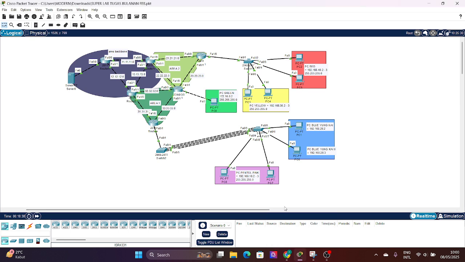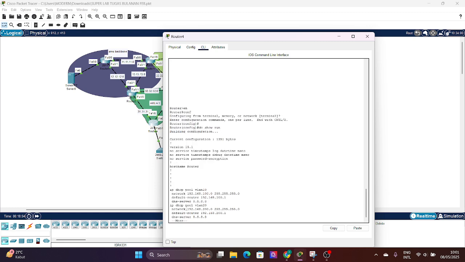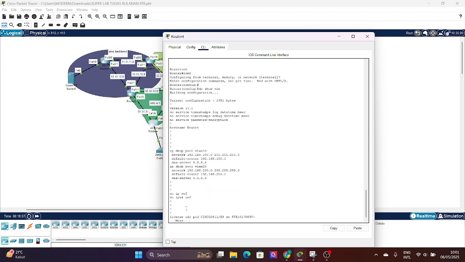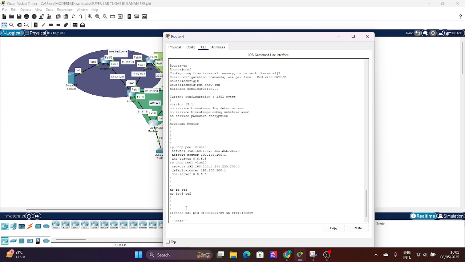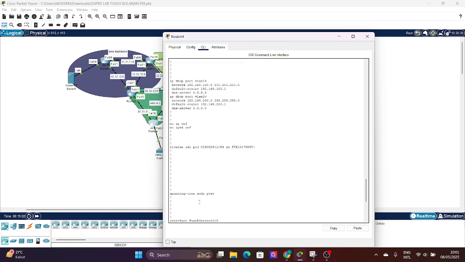Okay, you can see, you can look at my configuration in this router, and just do show run. Okay, and you can see I make IP DHCP pool VLAN 10, VLAN 20.